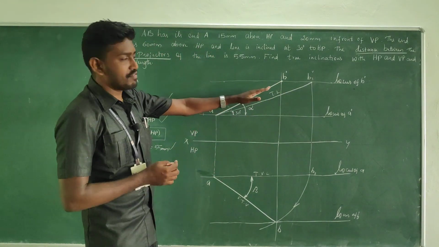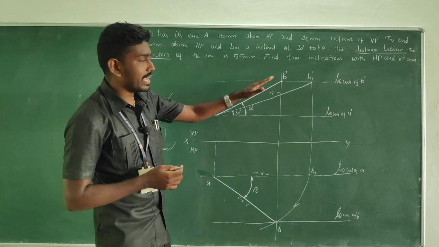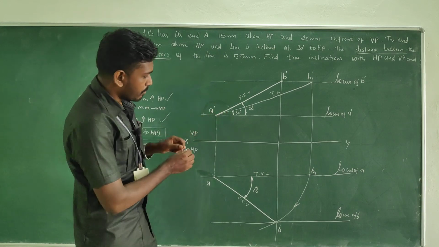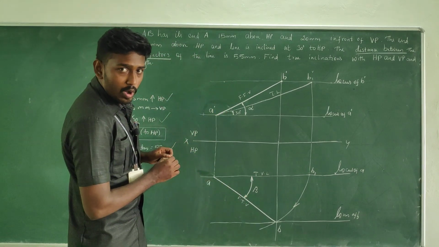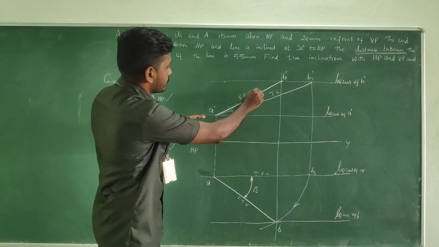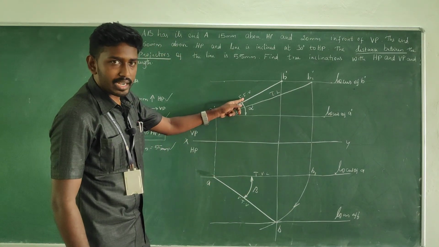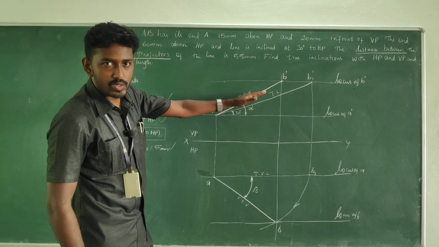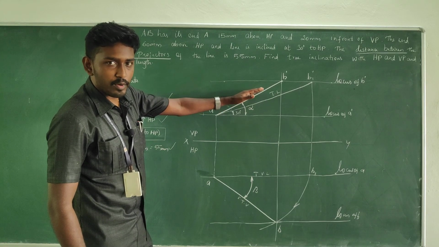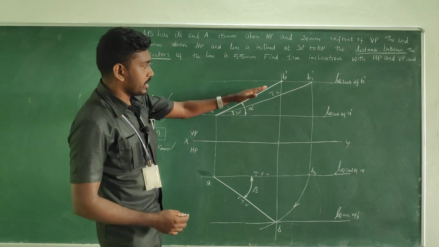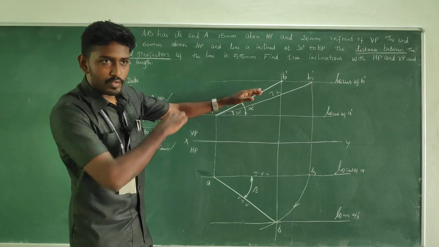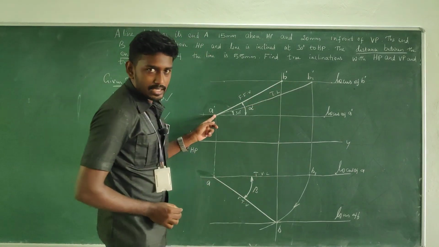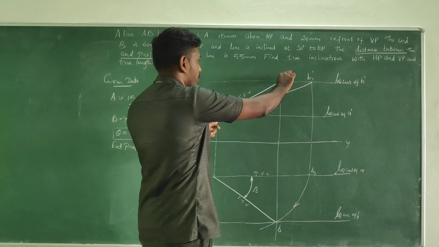We have the final front view. This dark line is available. In the general way, what we used to do is, from the projection of the true inclination in the top view, we get the dark line, the final front view. But here the final front view is available, right? So we can reverse the process. That means from the dark line, the final front view line, we are going to rotate it. Measure A dash to B dash, keep A dash as center and just